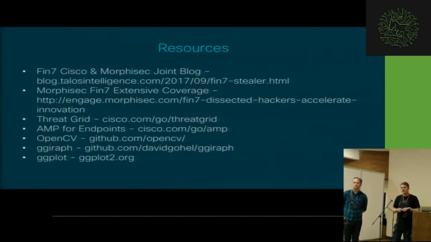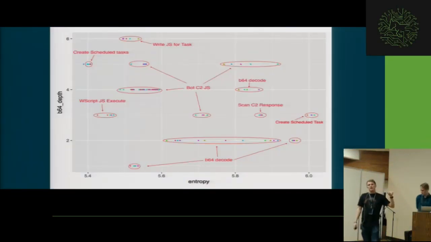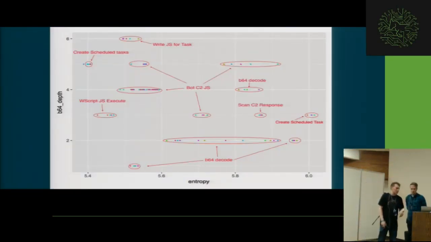Yeah. Hey. In the entropy classification that you did there, you had the scheduled tasks on the one side and on the other side. Does that entropy clustering detect differences between authors of files in that? No, so we know these are based on the attributes and the way we're tracking them. We know these are Fin7, so we know they're the same actor.